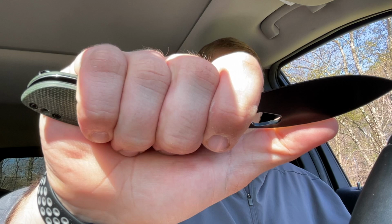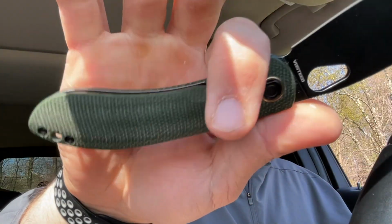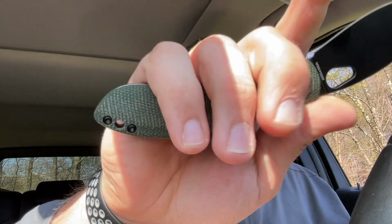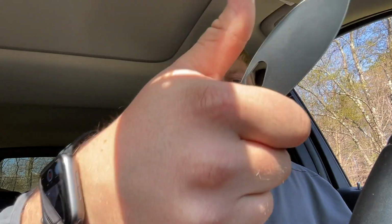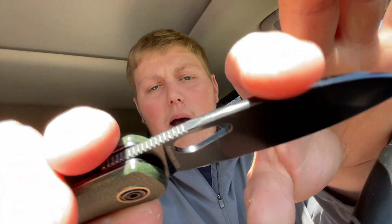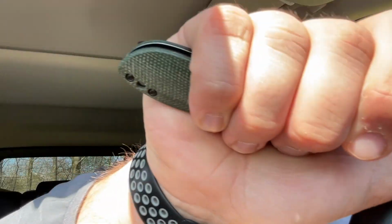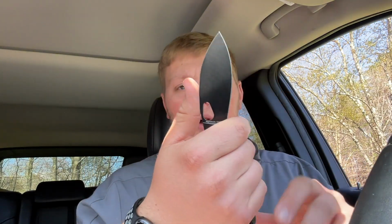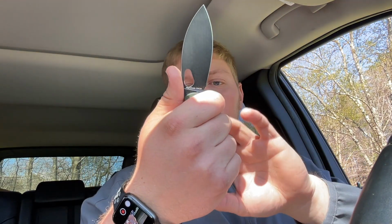And then you can get this choke up point, and, sorry, I forgot to tell you guys, I can get all 4 fingers on the knife here in the choked up, or the normal position. And then when you sort of choke up, my thumb rides up more on the spine, which is crowned, which is nice, a little bit. Nice flat area for your thumb to rest on. And then I get even more off that pocket clip, so I can feel it even less. And I have enough room for probably another finger or 2 back there. So very nice. And the good ergos mixed with this overall blade and handle shape just makes for a phenomenal